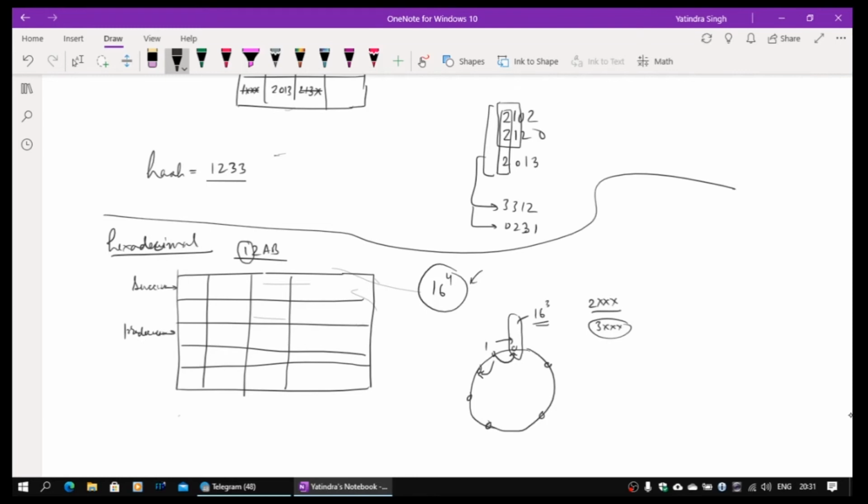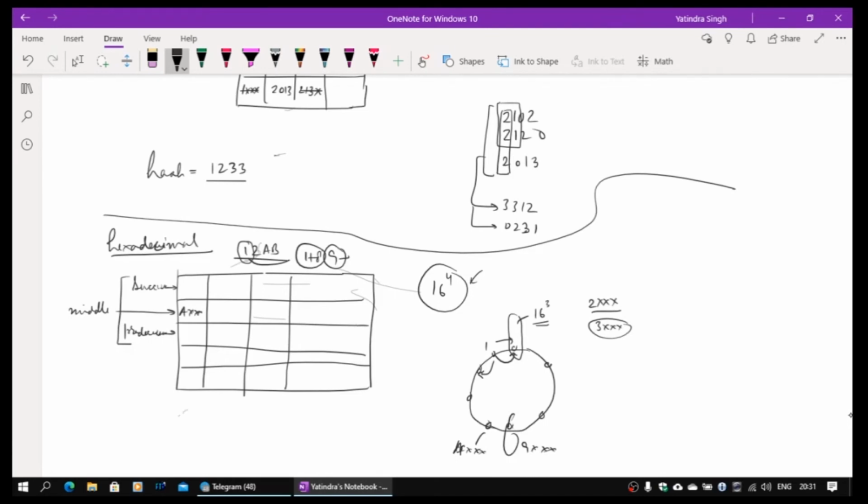In order to make it fast, in fact these two are good enough, but I can also keep something in the middle. Basically, if this is the first digit, I will add 8 to it: 1 plus 8 is 9. Whichever is the successor of 9, from that block. So if 9 is sitting here, but I don't have anybody with 9xx, but I have somebody with 10xx, or A actually as we should call it, then I should use that Axx here. So we use only these three. In this case, normally I will just send it over to any node which is higher than the digit in the hash ID.